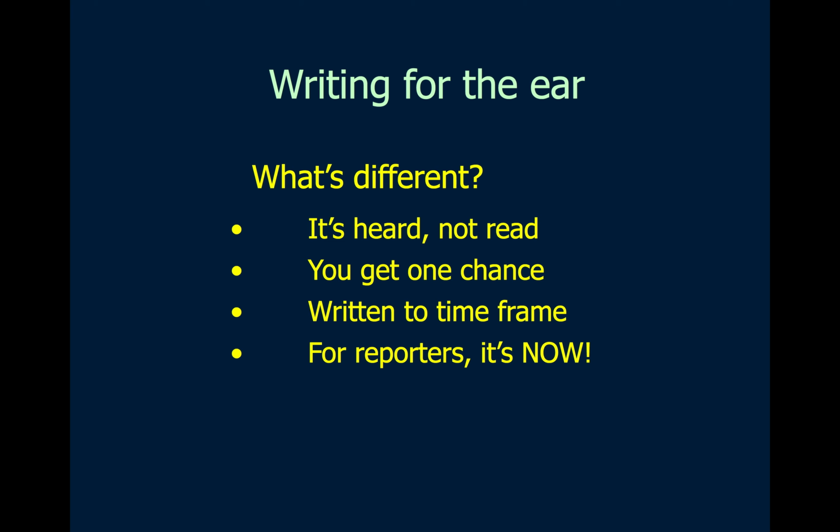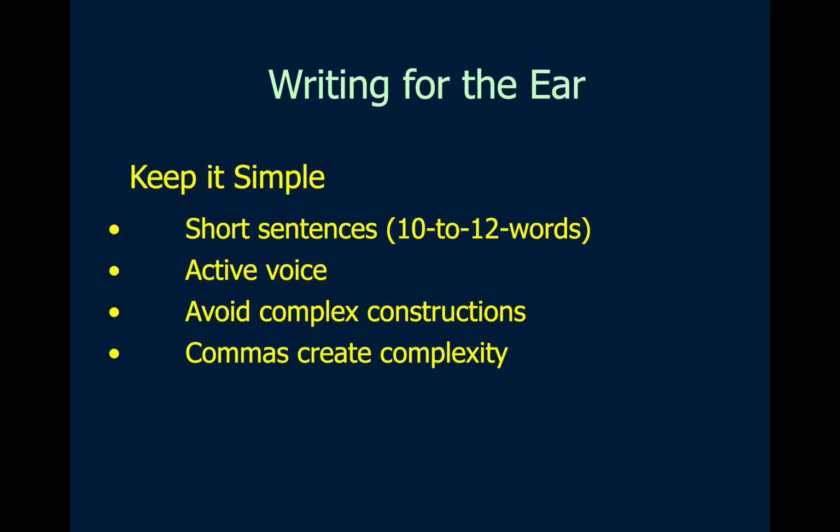So these are 8 different tips that you're going to need to know for writing for the ear. The first one is keep it simple. And we give you some things up there about keeping it simple. And I'm going to highlight short sentences. I'm going to skip active voice because that comes up later in our lecture. But short sentences, 10 to 12 words. We don't want it to be so short that it's like me Tarzan, you Jane, fire, building, bad. Okay, that's a little too short. We need some more description.